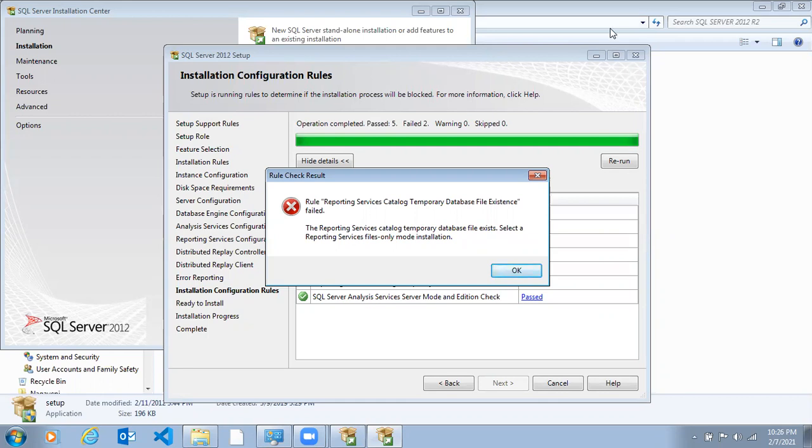So what I need to do is go to that previous installation folder and remove or delete those folders or databases related to the reporting services so that I will resolve this error. I will show how to go to the previous installation, what the path of that installation is, and how I'm going to resolve this bug.